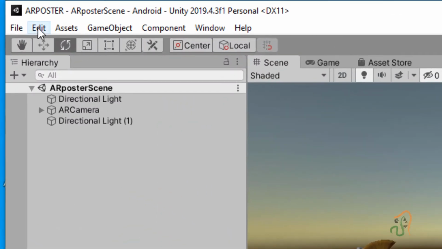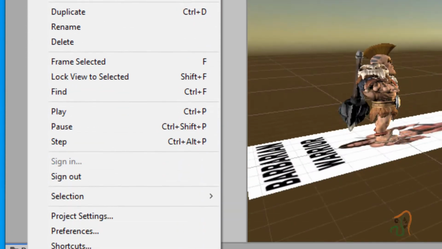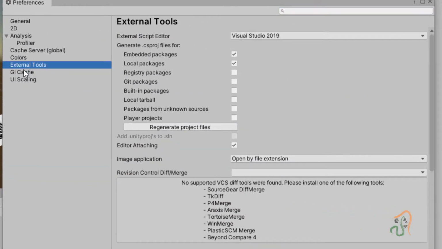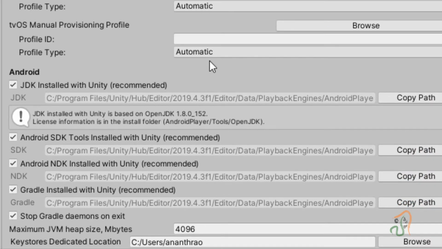So if you come to Edit, choose Preferences, and choose External Tools, and scroll down, you can see that for Android you need the JDK, Java Development Kit, and it is already installed in C, Program Files, Unity Hub, Editor, version number, Data, PlaybackEngines, AndroidPlayer.